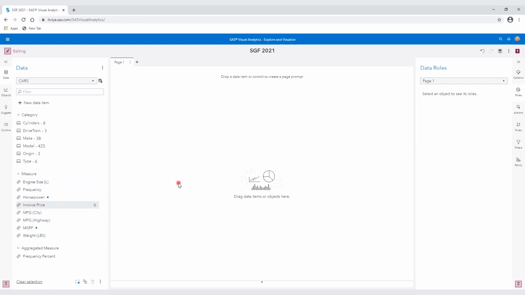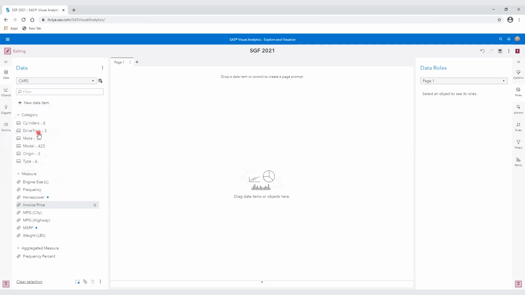I can also calculate a new data item on the fly if I need to. And I do need to. I want a new data item, profit. I want to create that here on the fly. So I'm going to go up here to the top where it says new data item, and click there, and I want a calculated item. You can see all your choices here. So many things you can do. Hierarchy, custom category, calculated item, geography item, parameter, and so forth.